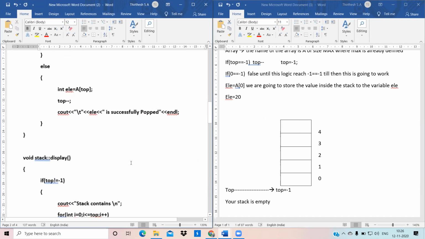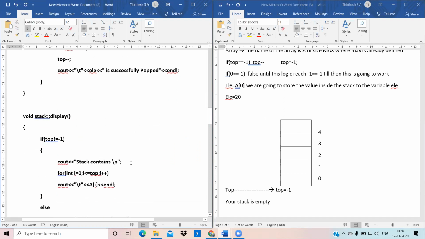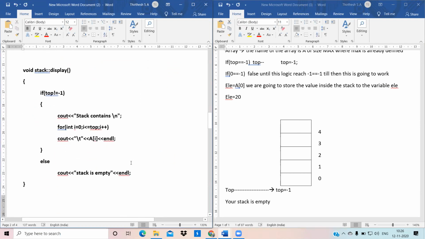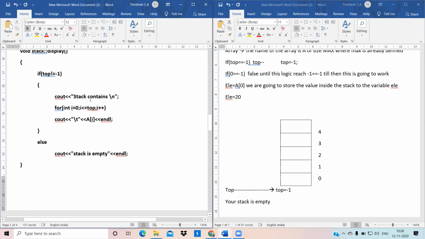Then void display. Here what happens, we are going to display the elements which are inside a stack. If top not equals to -1, only then it should enter this part.